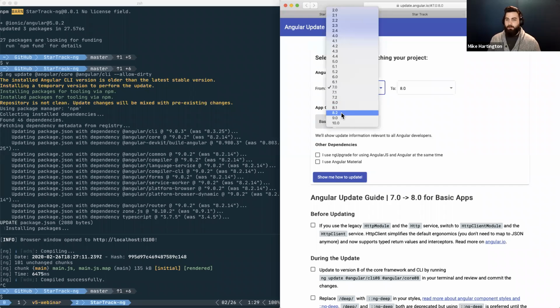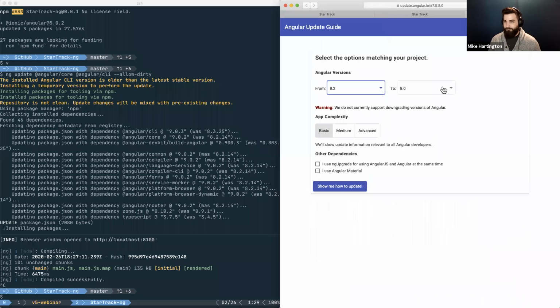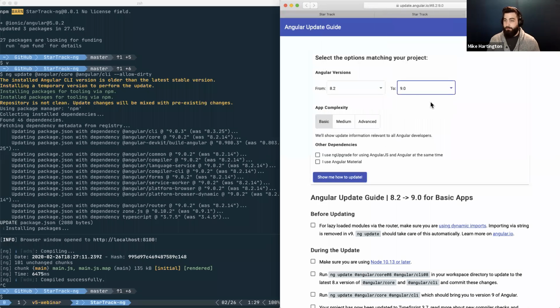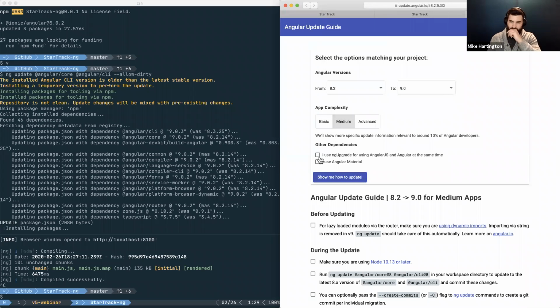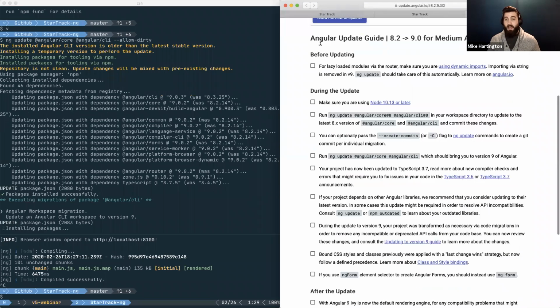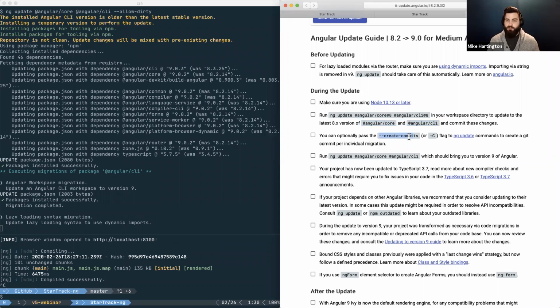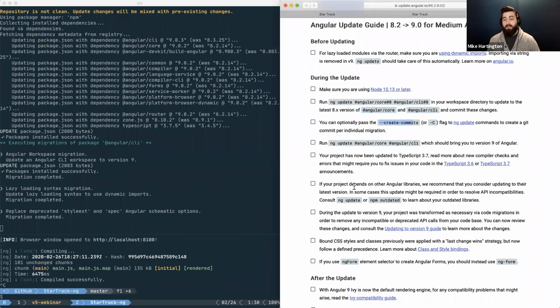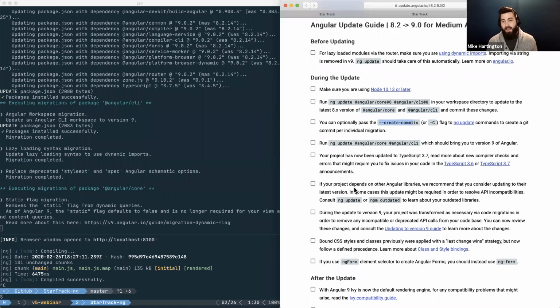Let's just say we're going from 8.2 to 9.0. And we have a relatively medium app. I don't use any of these packages, so we have a pretty detailed guide on how to update everything. Basically, update your packages to the latest version, update them, and then pass the create commit flag, so that way you can have these changes as part of your version control, and then update everything else and let the update schematics handle the changes that need to happen to